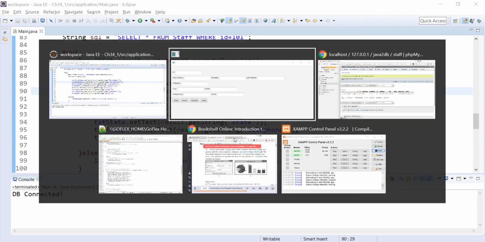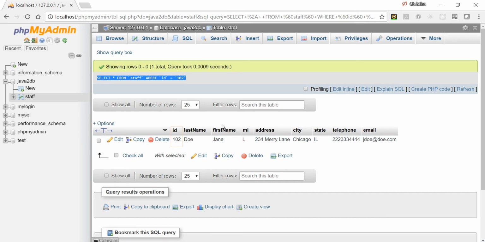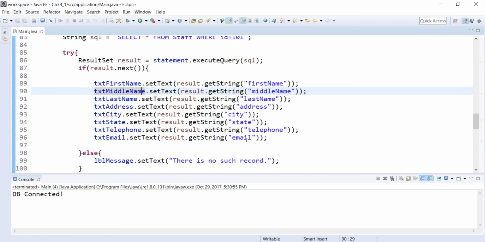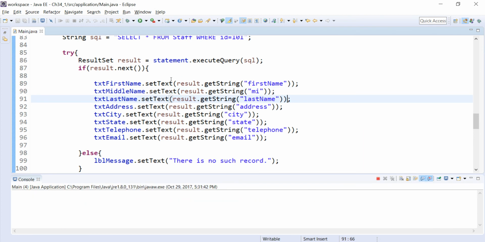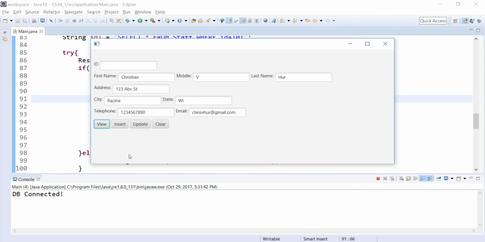Do I not correctly match it with my database? Oh, middle name is MI, and then address and so on. So MI is the middle name. Let's fix that again. Okay, this is the third time now. We'll see if this will work now. So here it is. All right, finally,